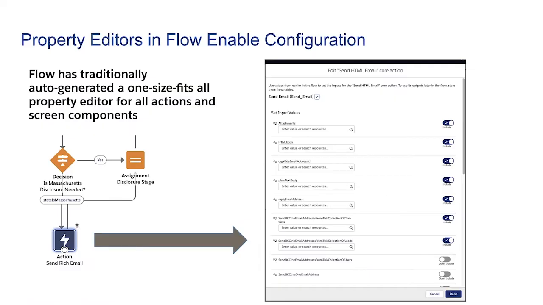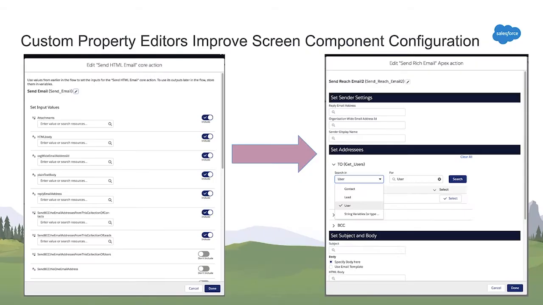What custom property editors do is they allow you to build actions and screen components that replace the auto-generated property editor that you see here with your own Lightning Web components, so you get full control over the entire user experience. And this is for when users are in Flow Builder and they're actually working with your action or screen